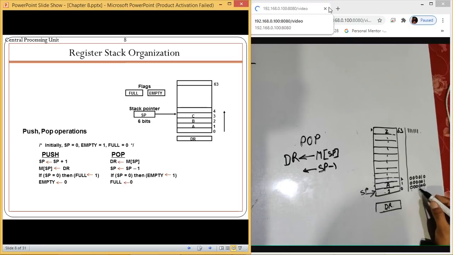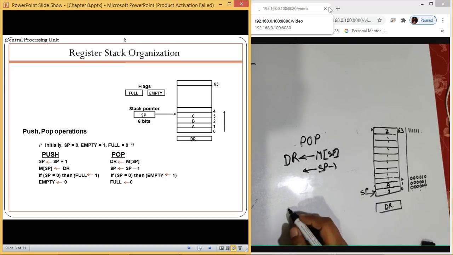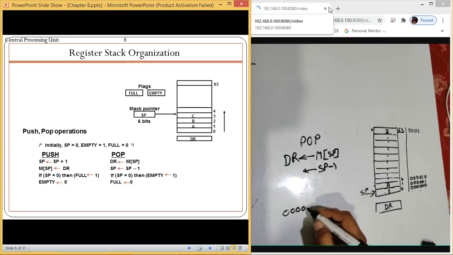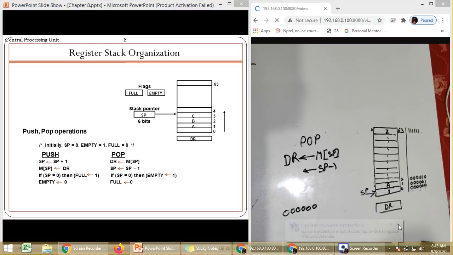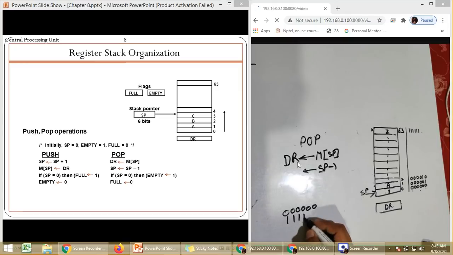Just decrement the value of 0, 0, 0, 0 by 1. So what will be the answer? If you remember how to decrement the value, which we did in the arithmetic circuit, we add the value 1, 1, 1, 1 with it. So that is simply decrementing the value by 1. So now let us do it. Add the value 1, 1, 1, 1 to it.